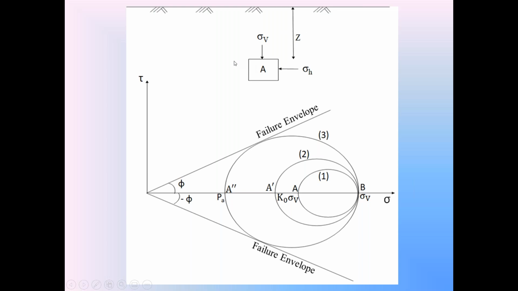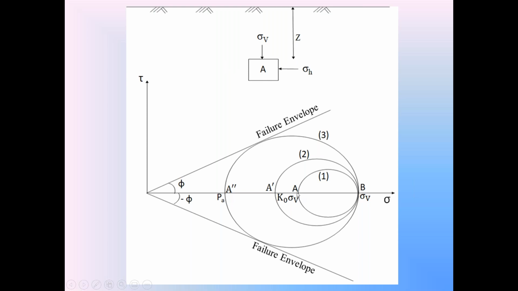But when the retaining wall moves further away from the backfill, sigma H still decreases. When sigma H is still decreasing, point A dash moves towards the origin and reaches this A double dash. When sigma H is at A double dash, this is the third Mohr stress circle. This third Mohr stress circle is touching the failure envelope. When the Mohr stress circle touches the failure envelope, the backfill is under failure condition. So when the horizontal stress in the backfill is represented by this point A double dash,